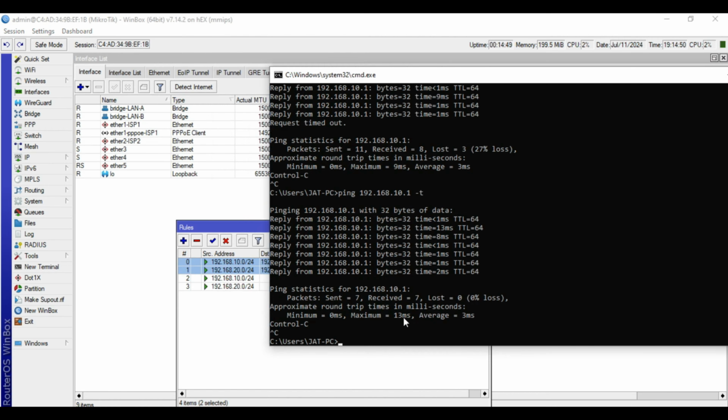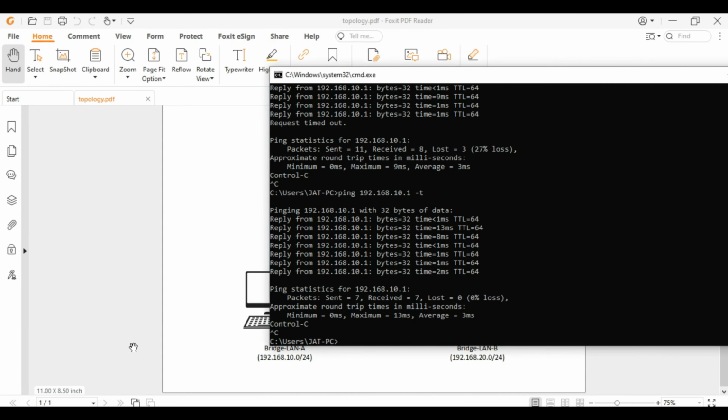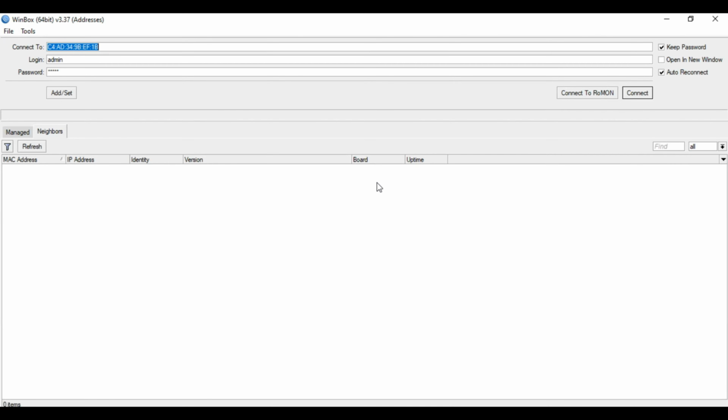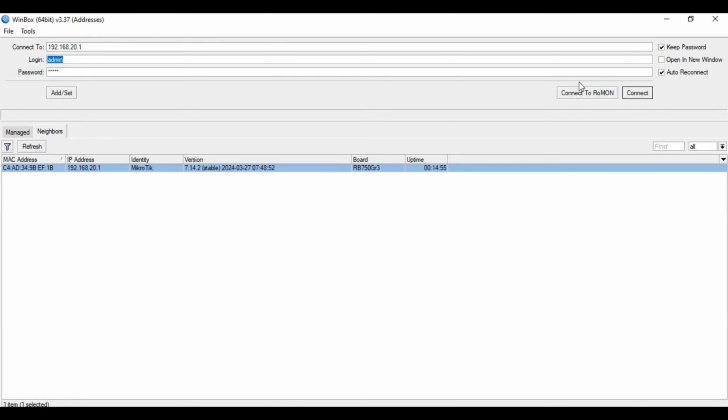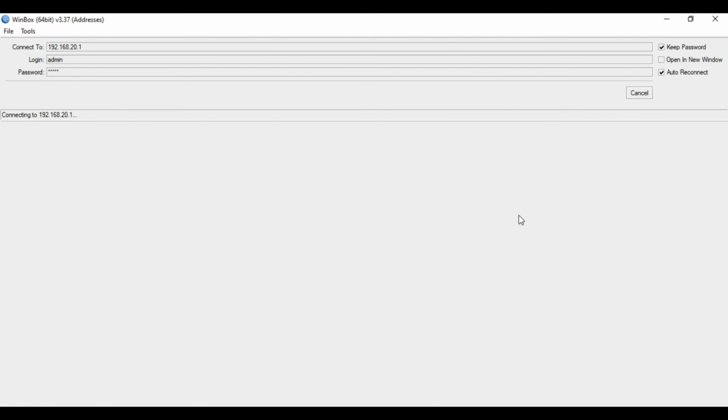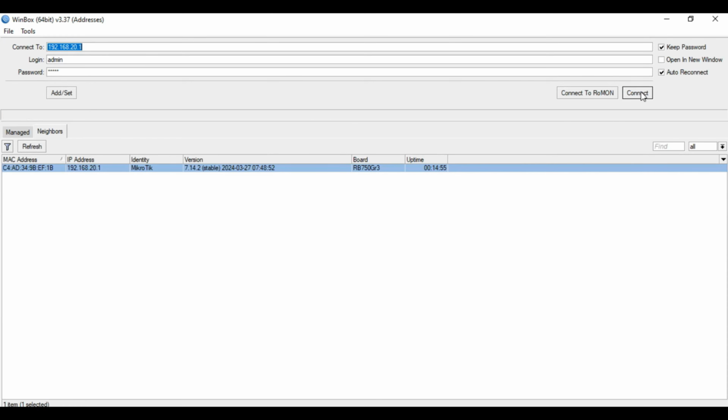Let's disconnect for now the Winbox. Then connect again. If we try to access our MikroTik device using the IP address, we cannot connect to it. For this to work, we will add another route rules. So for now, let's access via MAC address.